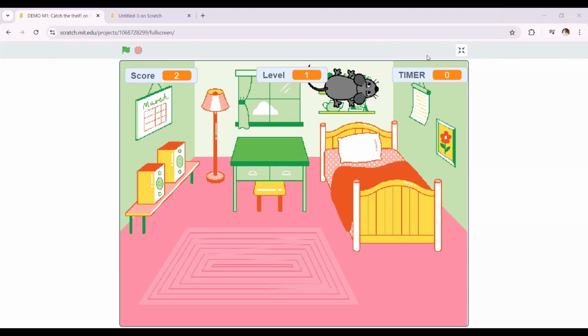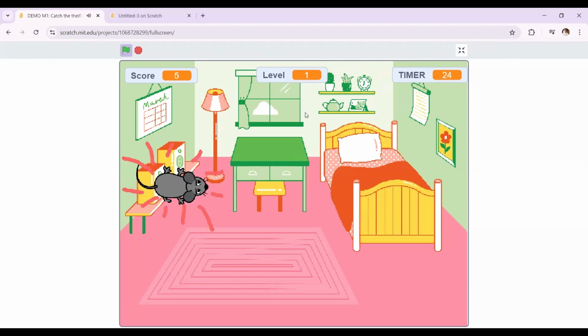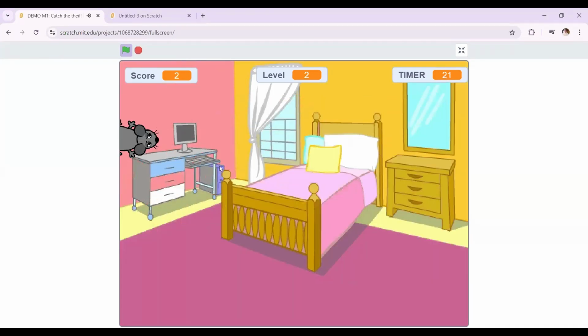Hello friends, in this video we are going to make a clicker game in Scratch. Let me run the game and show you what the game is all about. So we need to catch the mouse. We need to keep clicking on it until the timer runs out, and you just saw that we move to